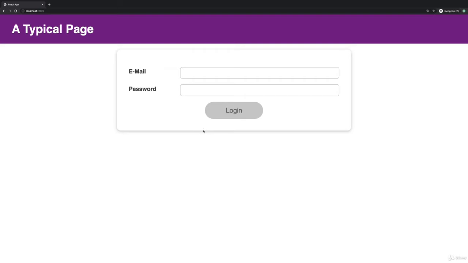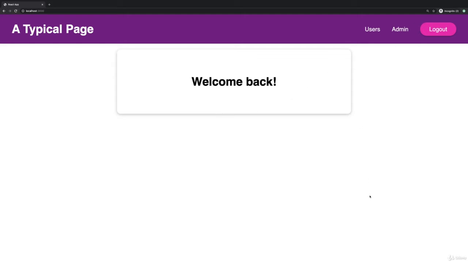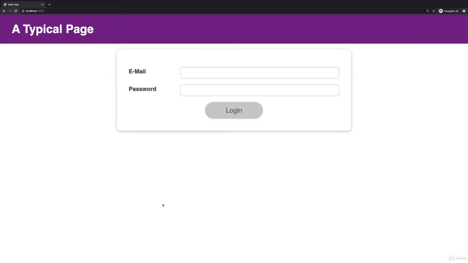Well, what could be a good side effect here? Sure, we could send an HTTP request to a backend server, which validates our email and password, but at the moment we have no such server, so therefore I want to do something else. At the moment, when I log in with any dummy credentials, which are an email and at least 7 characters for the password, if I click login, I am logged in in this dummy mode. But if you reload this page here, you always lose this login status. And that is probably not something you want.